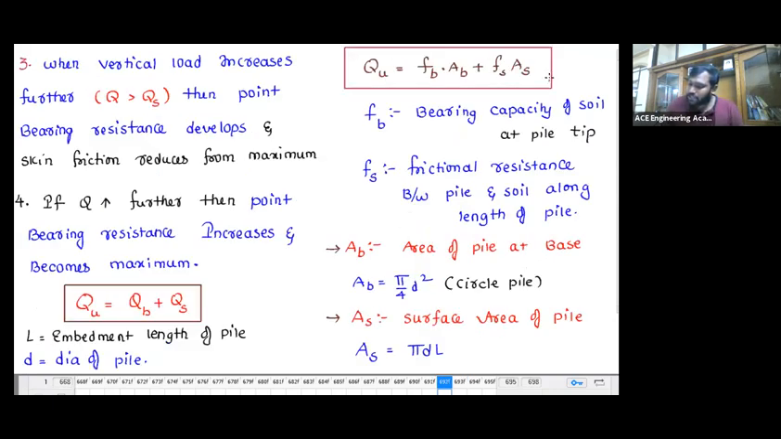I divided the total equation. I am not asking you to remember this equation. I am asking you to split it. There are two loads, bearing and skin friction. The bearing depends upon